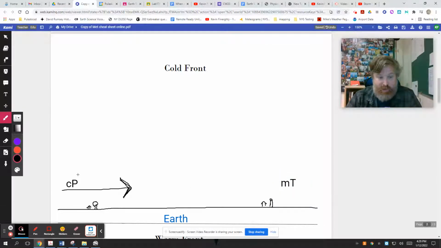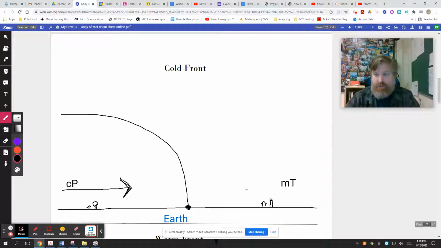Well, here's what it looks like. Cold air, a couple things we've got to know. Go way back to density. Cold air is more dense than warm air. So when it comes in, it can't go up above the warm air as it shoves it out of the way. It's more dense and it's got to jam its way underneath. And in a fairly violent set of circumstances, this cold air, whoop, that's bad. Let's try that again. This cold air